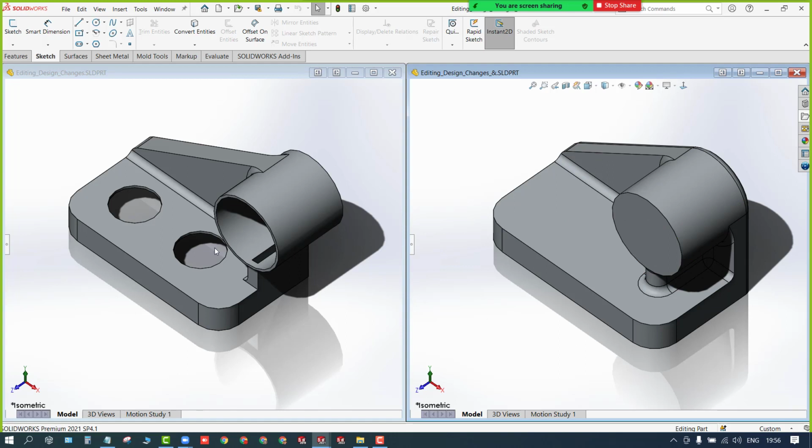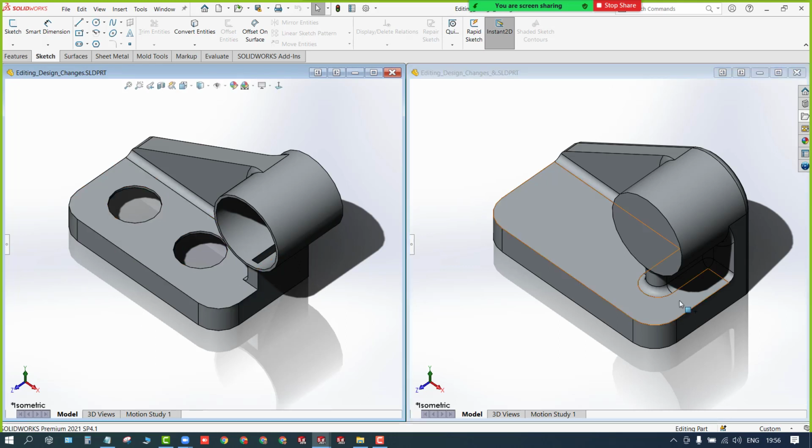First thing, we can suppress these holes or delete these holes, right? Yes. And then I need to bring this rib to the center like this. And I need to add the fillets and I need to remove the shell here, and this should be tangent to this face, right?